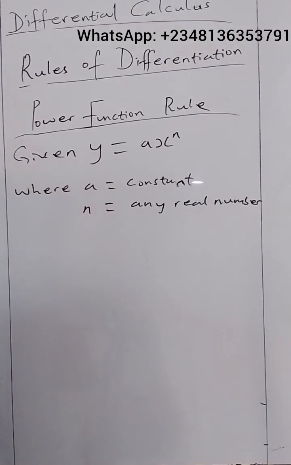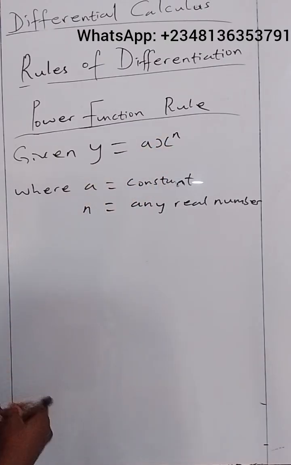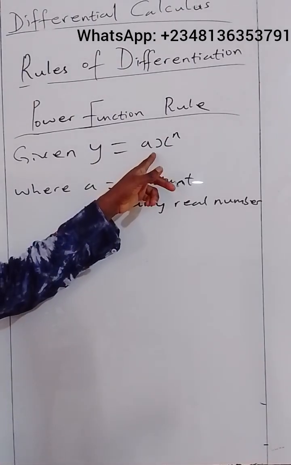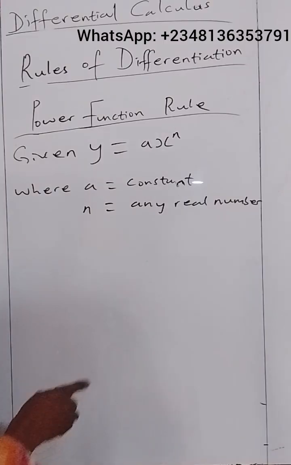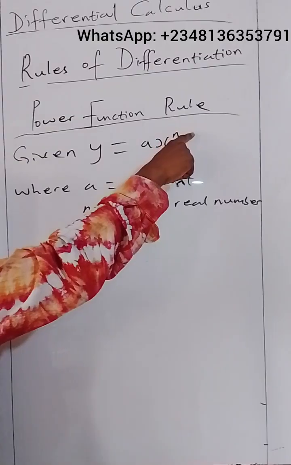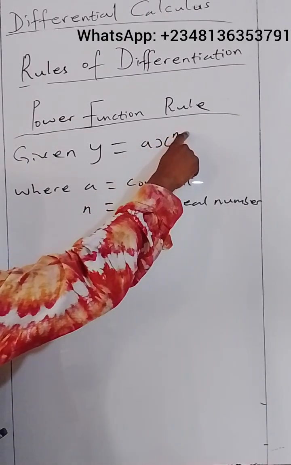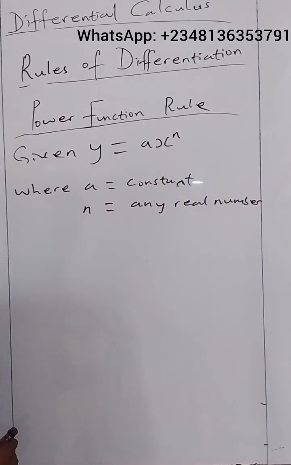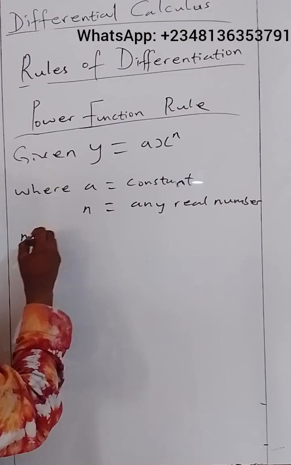Now, the rule of this power function regarding the derivative or differentiation implies that we are to multiply. Please pay attention. When we are differentiating this, that is, we are finding the derivative of this, we are to multiply the coefficient of x, which is a, by the power of x. Then we subtract 1 from the power of x. In other words, the rule says that we multiply